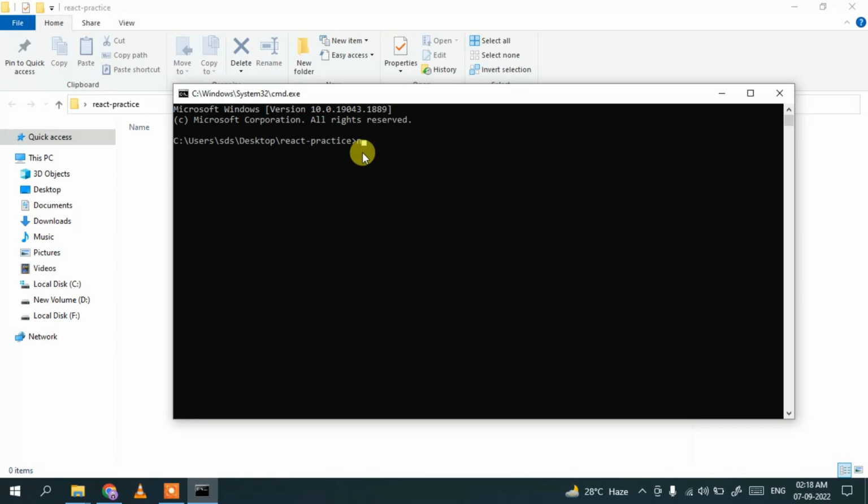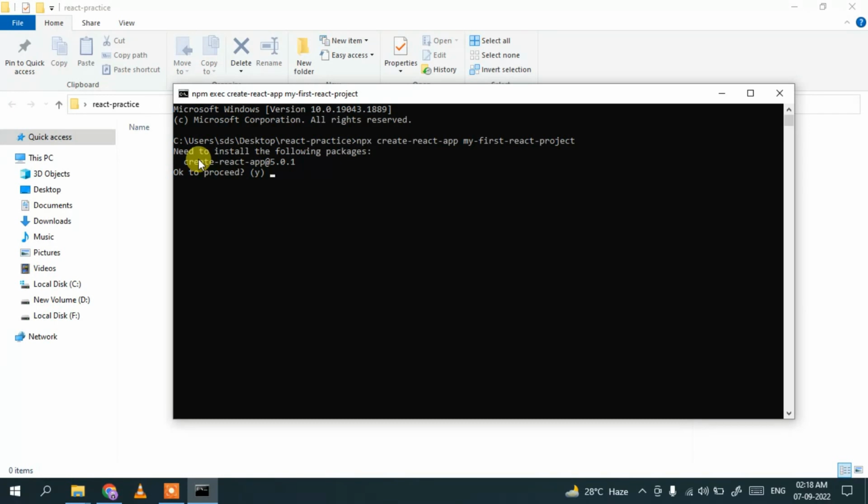So for that you need to type npx space create, right? And then there will be no space, just you need to give dash, then react, again dash app. Okay, so this is the command, create-react-app. Okay, and then you need to type your project name. So I am giving the project name as my-first-react-project. Okay, you can give any name and then just hit enter, and there you go, I have rightly started creating